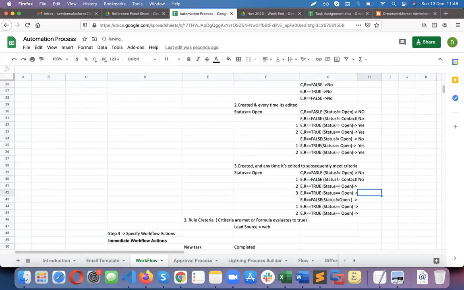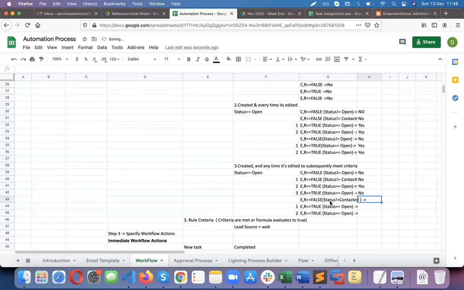You are editing the record, the rule criteria is met. It will fire or no? Yes. You are editing the record again, the rule criteria is met. It will fire or no? No, because it's already met here. So next time whenever you are editing it, it won't fire. Now you are editing the record, changing the status to not open, maybe conducted or something.